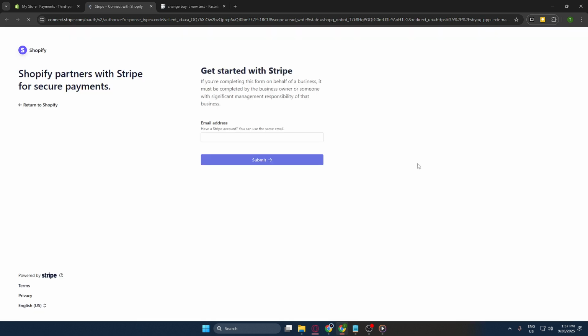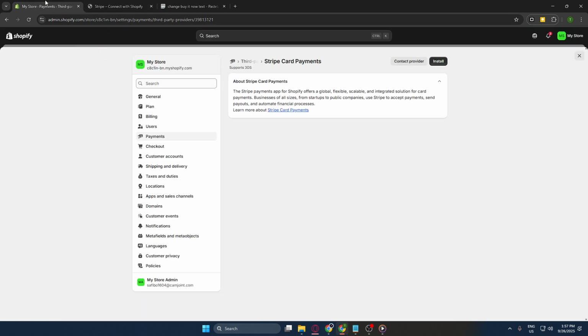Remember, keeping your payment methods up to date is vital for maintaining customer trust and satisfaction. If there are any more configurations or adjustments you want to make, feel free to